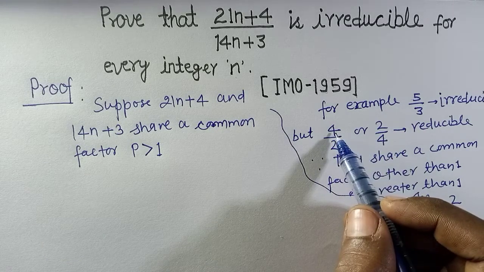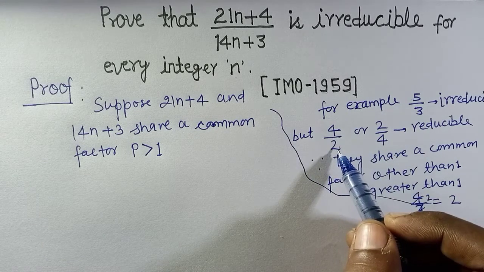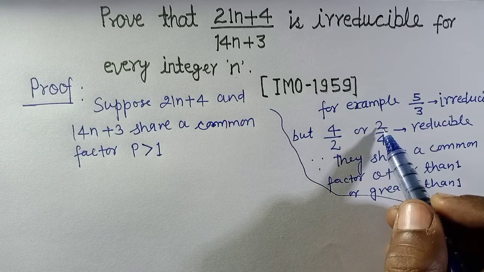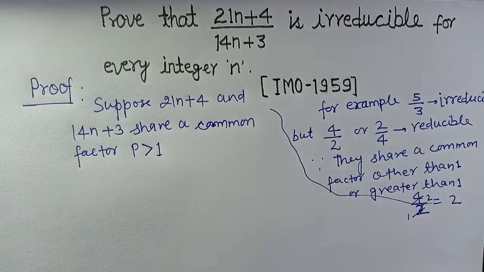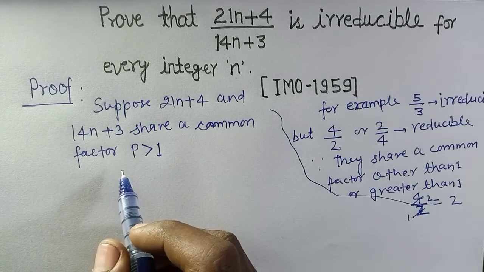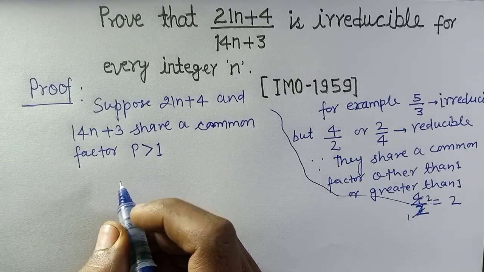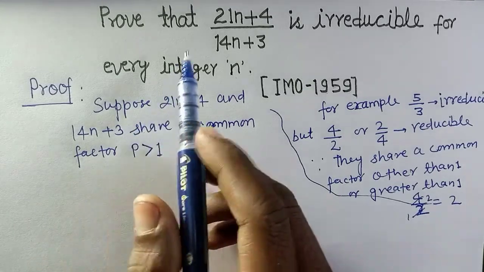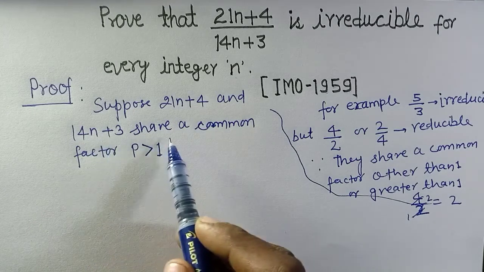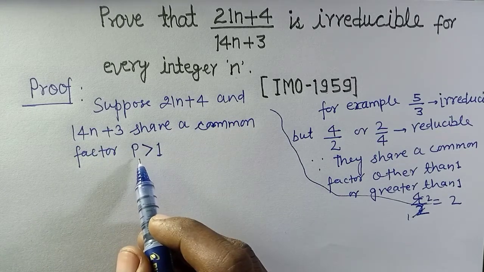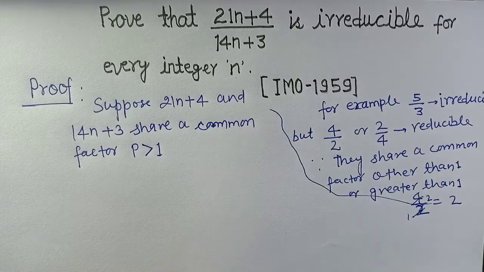So 4 must be divisible by 2 and 2 must be divisible by 2. We will apply the same logic here. If 21n + 4 and 14n + 3 share a common factor p, where p is greater than 1,